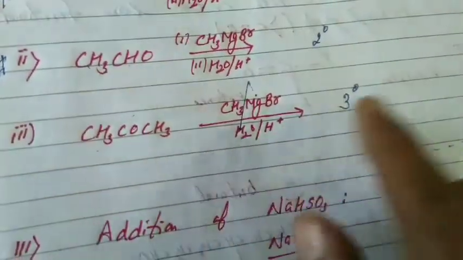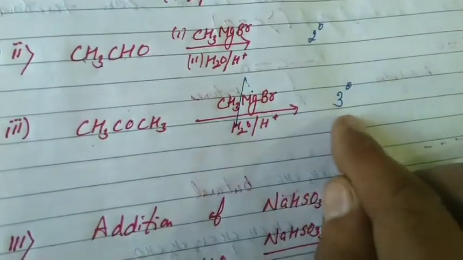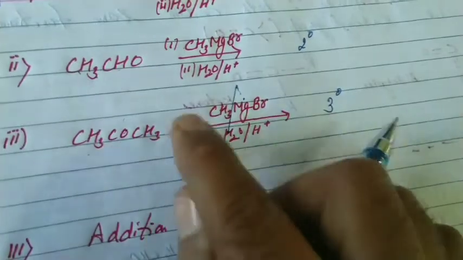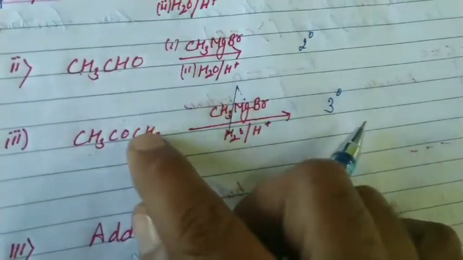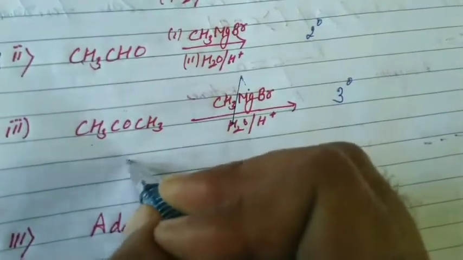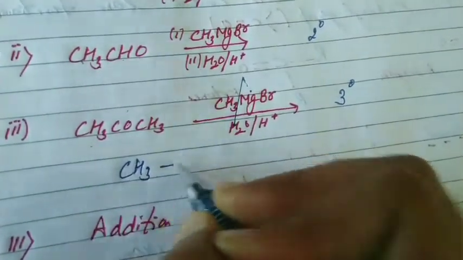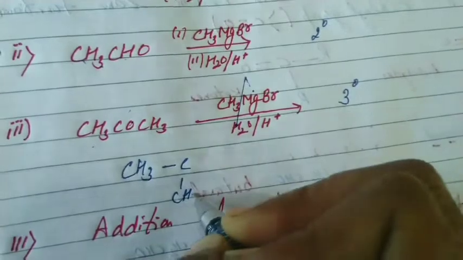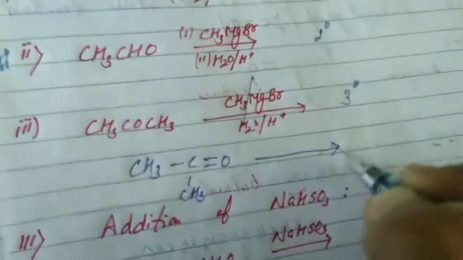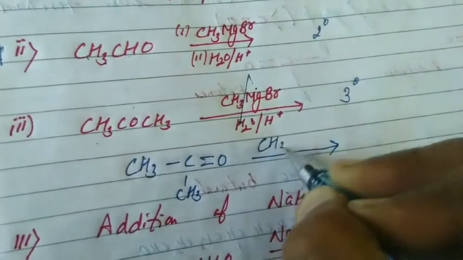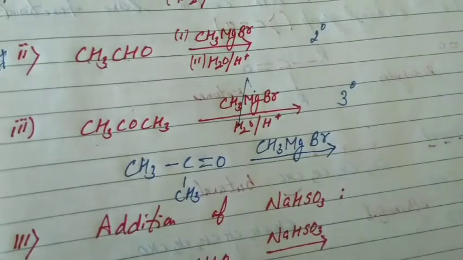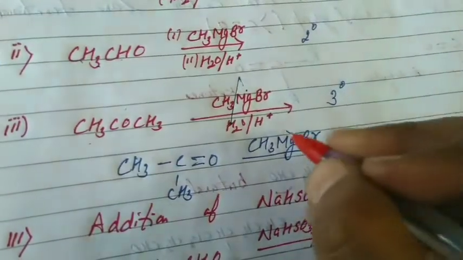Convert acetone to tertiary alcohol. What is the product of this chemical reaction? You must know, students. Easy way. There are already two alkyl groups. One from the Grignard reagent attacks, so three alkyl groups get linked. It is 3-degree alcohol. Please look here. Do it in the simple way. CH3, CH3. Oh, it is acetone. We proceed with Grignard's reagent in the first step. RMgX, CH3MgBr. Now you know which bond breaks in Grignard's reagent, metal-carbon.